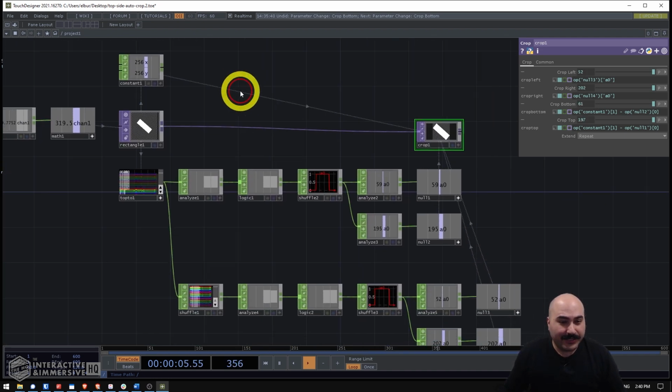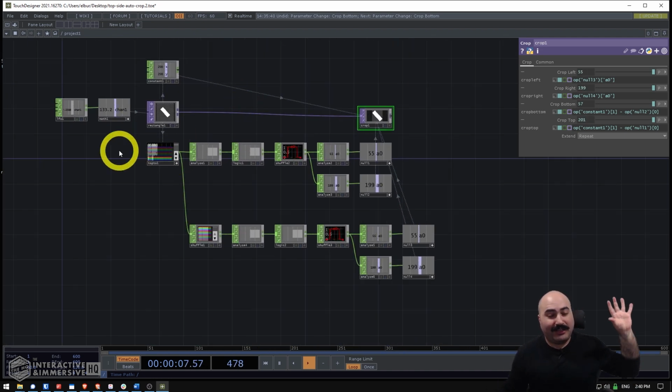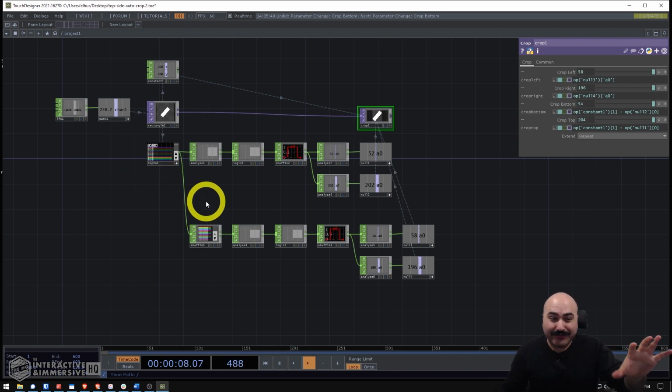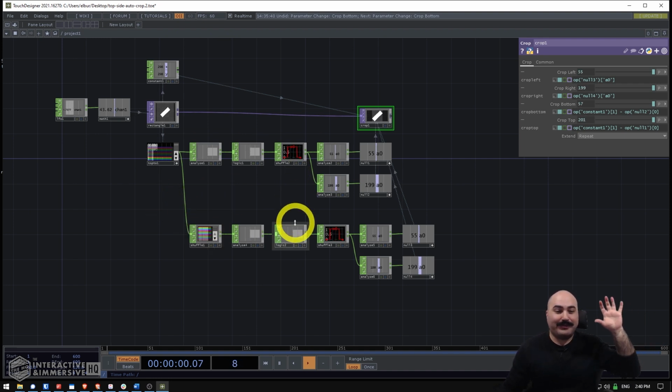So what we can see here before we dive into it is there's going to be a lot of CHOP work, which is why I thought this example was a great one. It came from a member of the HQ Pro, and we helped them build this little tool, and we thought it would be a great thing to share. So there's a lot of shuffling, there's a lot of TOP to CHOP, some analyzing, and really it's just